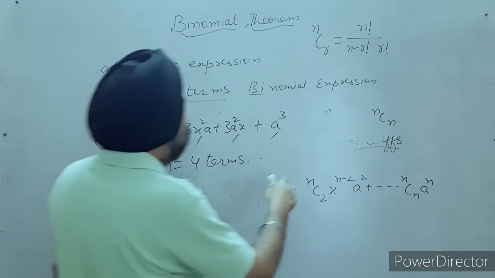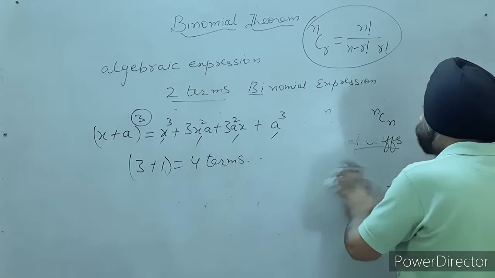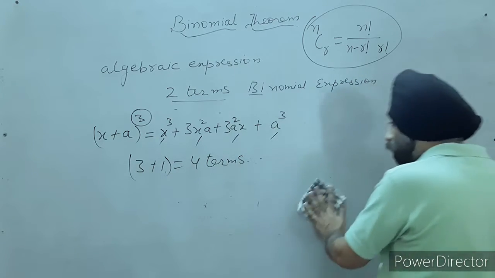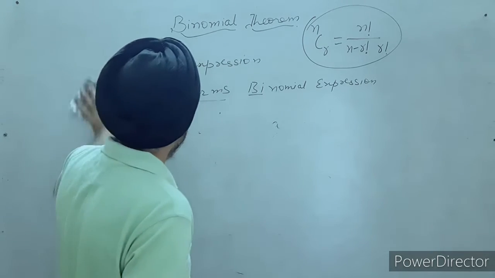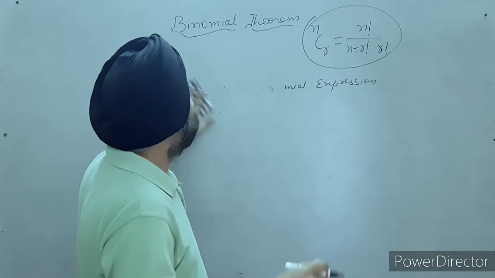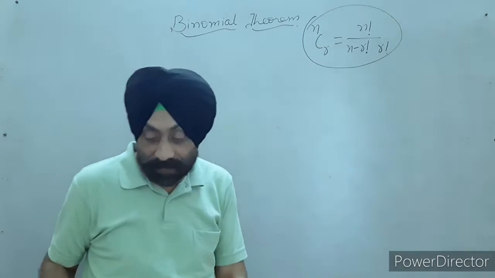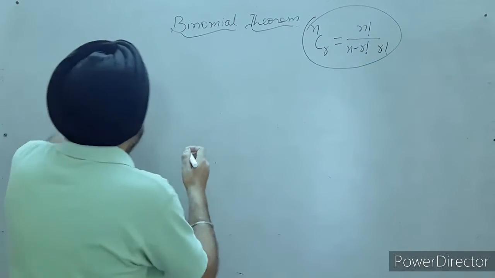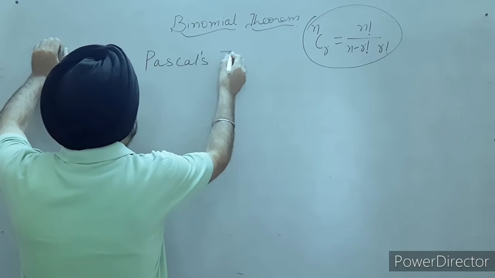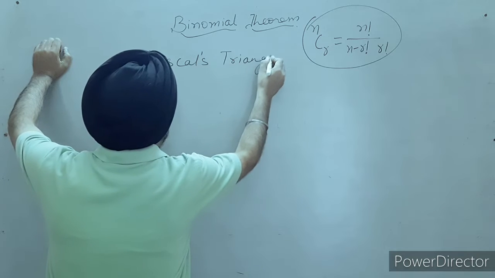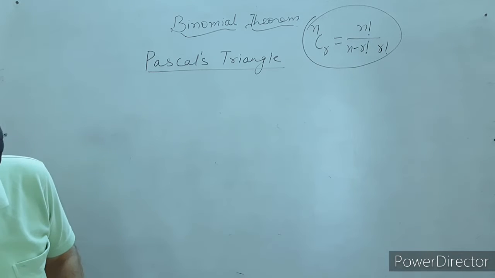Number of terms, then how to calculate the coefficients, the binomial coefficients, and how to write the expansion of x plus a raised to power n. We will do this by citing an example, right? When we calculate the binomial coefficients, we can use this formula or we can use Pascal's triangle. Now for Pascal's triangle, say